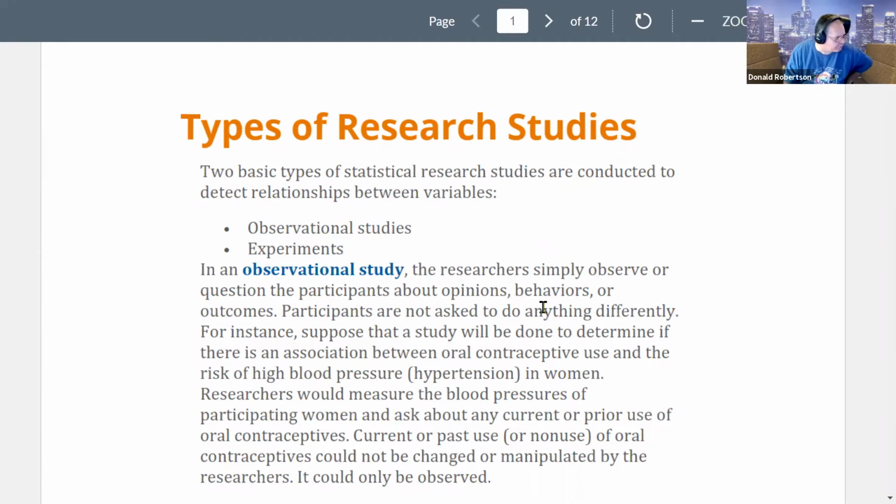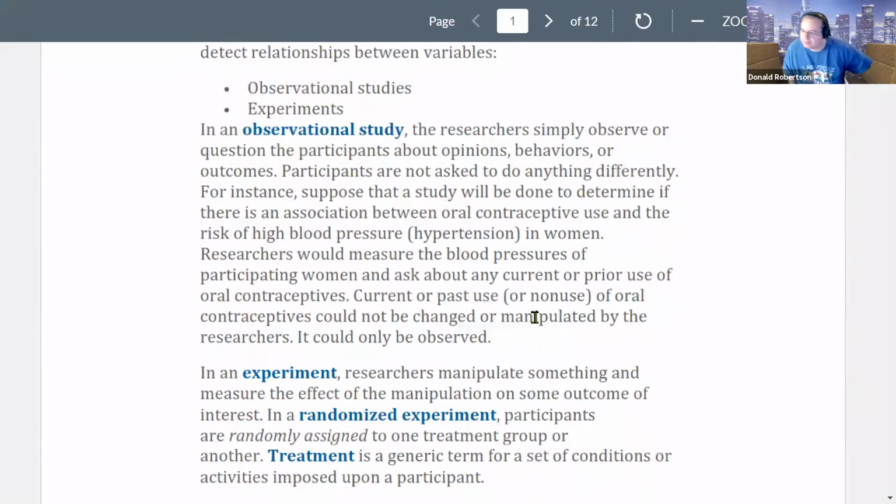Observational studies have to be done sometimes because there's no other way of collecting the information. In an observational study, the researchers essentially just observe a participant or groups of people, and it could be to do with behavior. We don't actually make people do anything. We don't pick the people who do the things. So an observational study could simply just be,